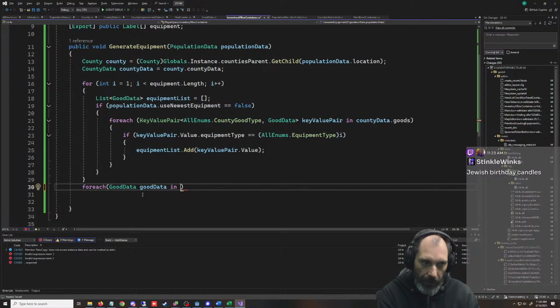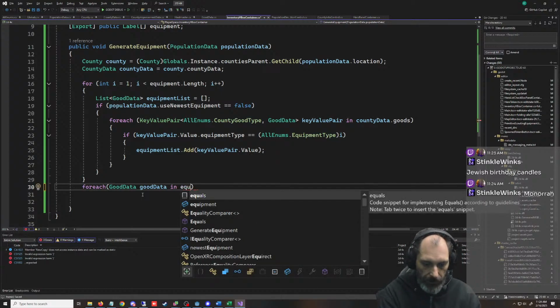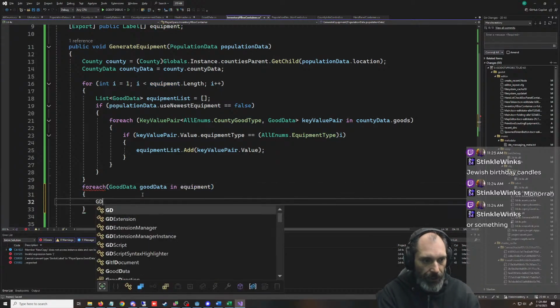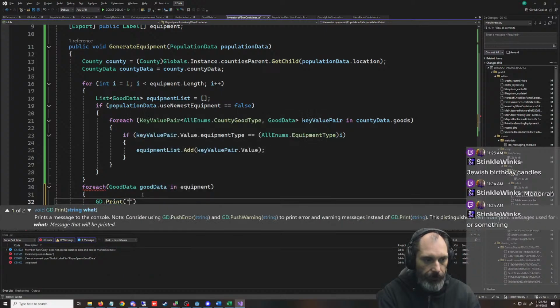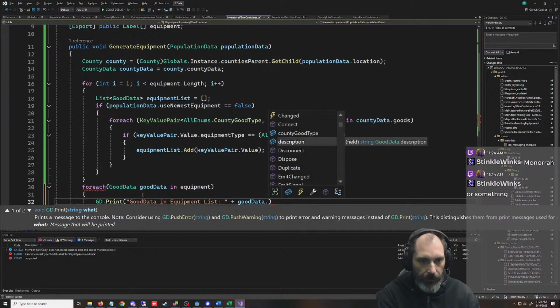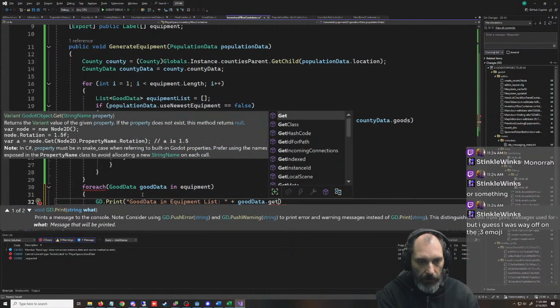For each good data in equipment list, GD print good data in equipment list. And we're going to do a plus good data dot get name.